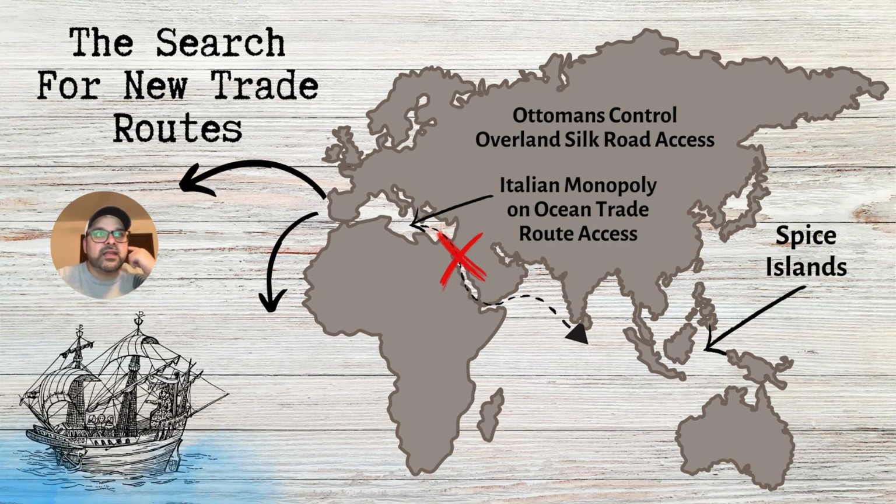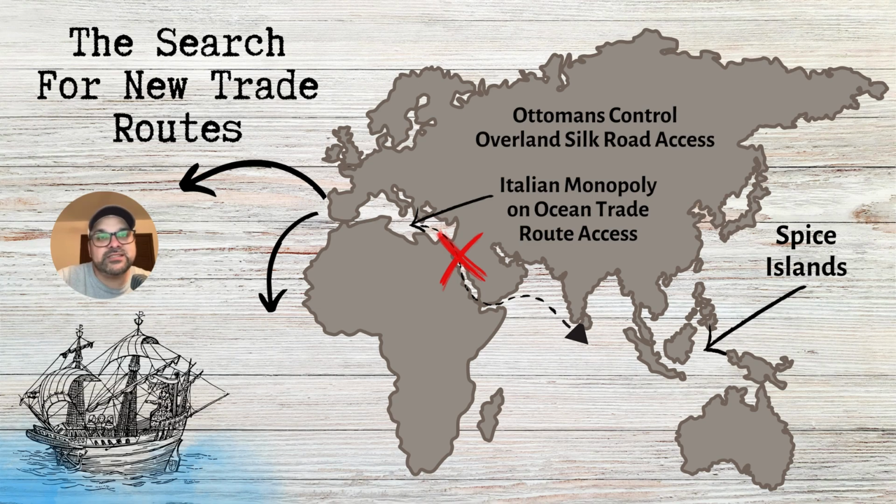Now, this is something that we talked about a little bit in 4.1. One of the motivating factors for the Europeans to go out in search of new trade routes is particularly to Asia, right? Because again, the Europeans, until Christopher Columbus discovers the Americas, they don't know that there's a whole other land out there. So they're trying to get to Asia. And more specifically, they're trying to trade in spices. And that spice trade is really lucrative and really important, right? And you have the Spice Islands that are a really coveted destination for sea merchants.